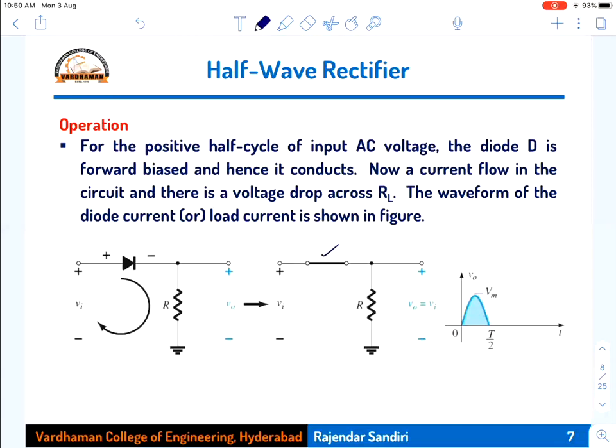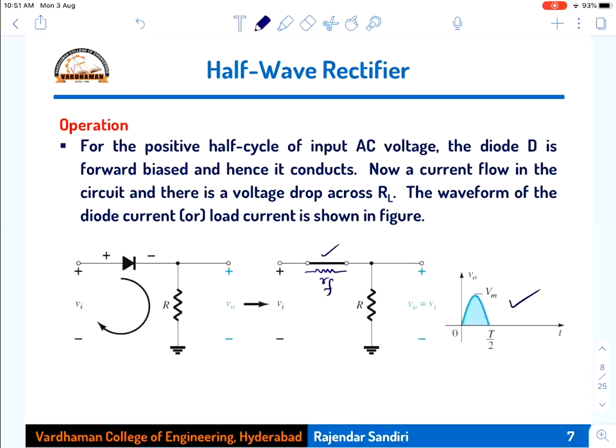Therefore, I have just made that an on switch. But it may have an internal resistance. We can even represent that with a small resistance whose value is RF. So this is on and its internal resistance is RF. Then the current will be flowing through both the resistors in this loop.